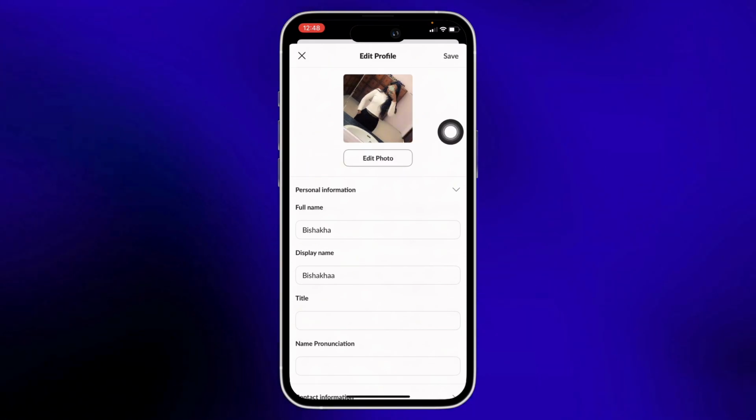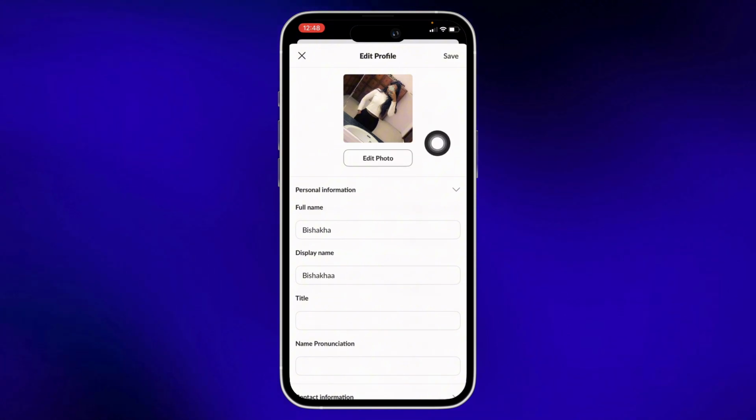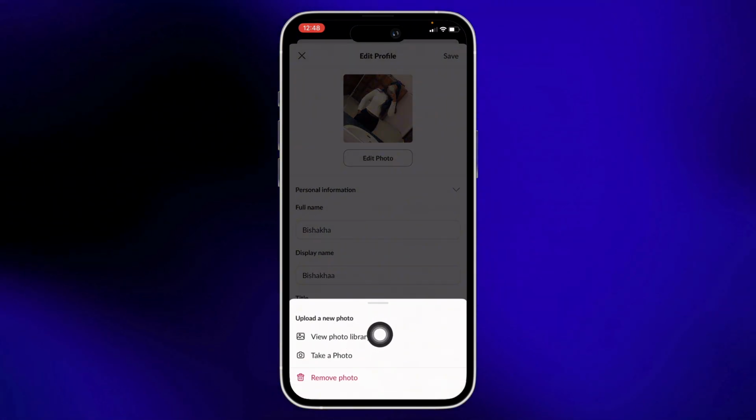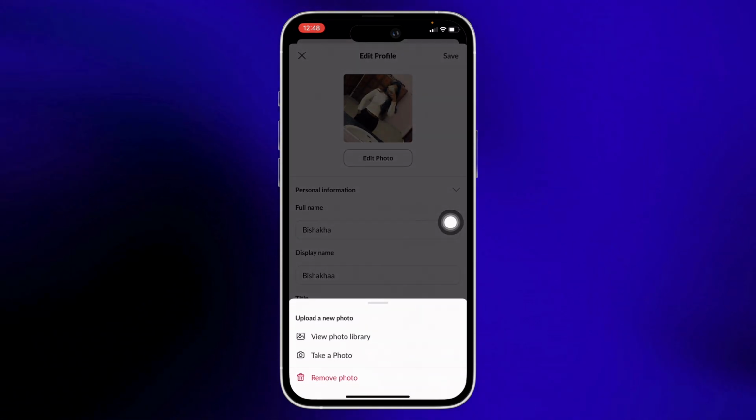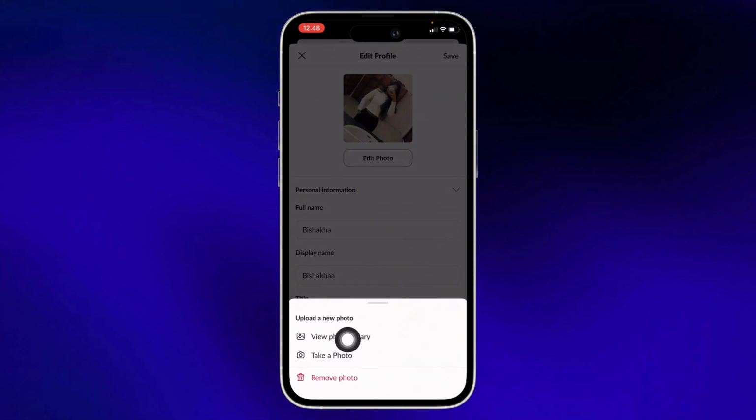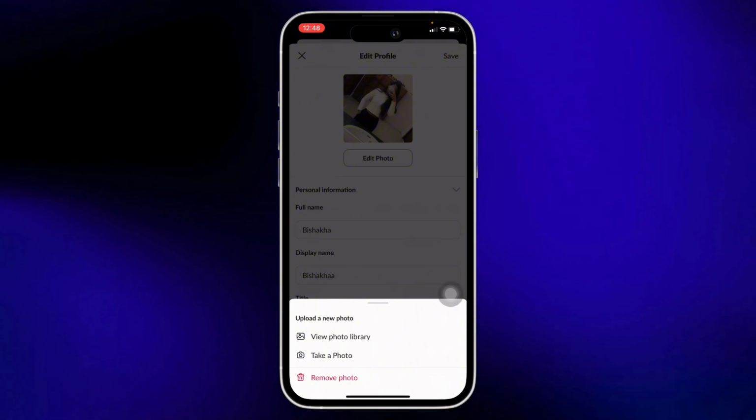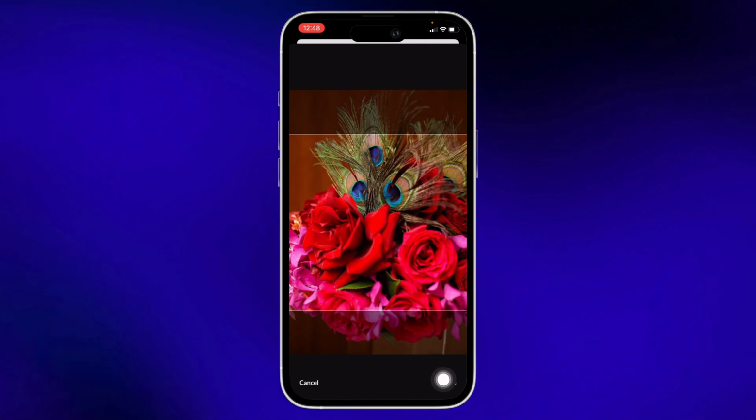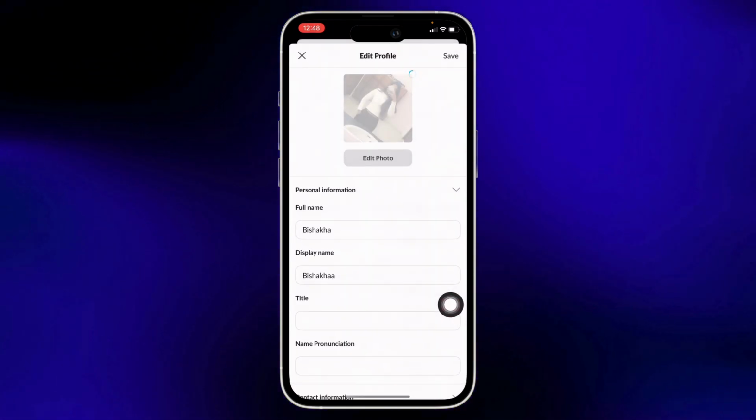below your profile icon. So tap on the edit photo option you see there and you can then choose if you want to upload a new photo from your library or if you want to take a photo. So simply tap on the view photo if you want to take the picture from your library, and with this go ahead and select any picture for your profile picture and then tap on the choose option at the bottom